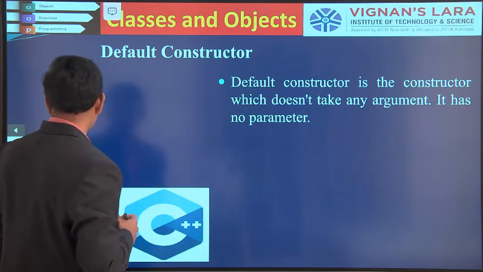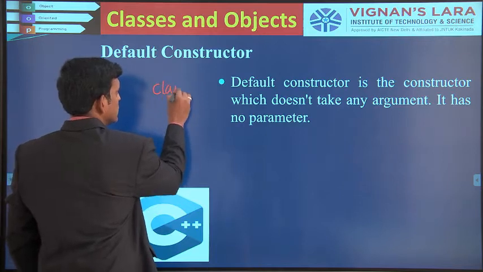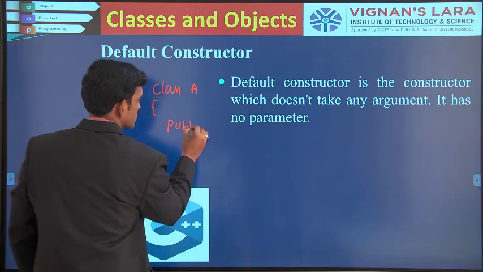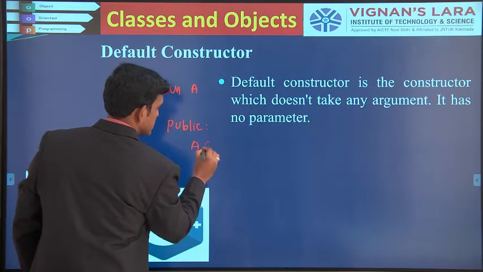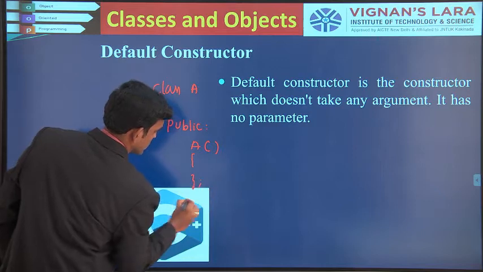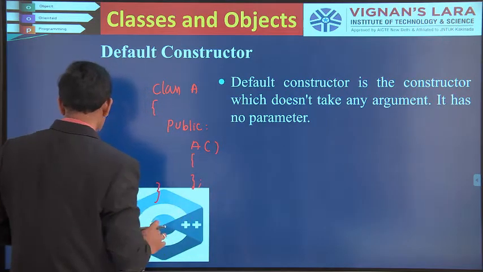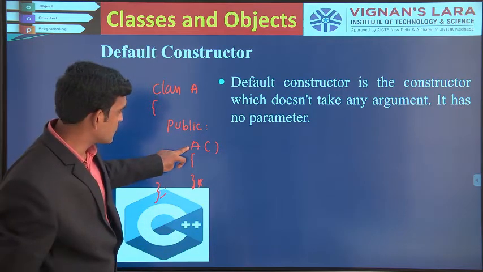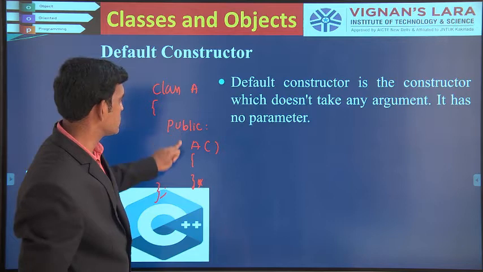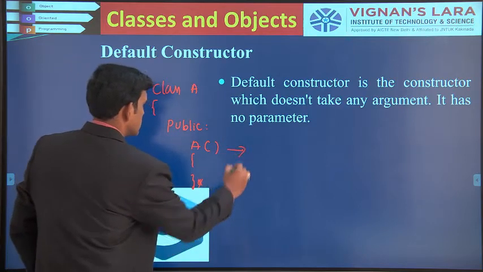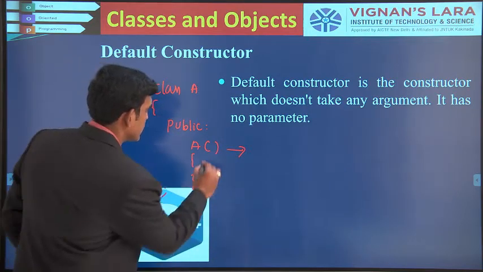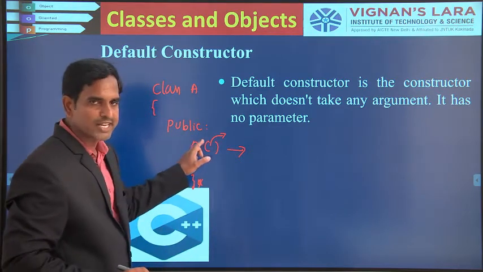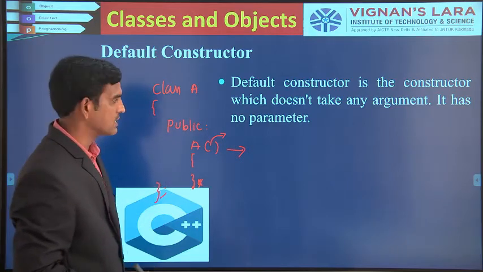As you have seen now, you are writing just the class A. Inside the class A, you have written a constructor like this. You need not be concerned about what you are doing here. Just be concerned that you are writing a class name, the same name as your class name. This is the constructor. Inside the constructor, you are not writing any parameters or arguments here. Whenever you don't specify any arguments, we call it a default constructor.